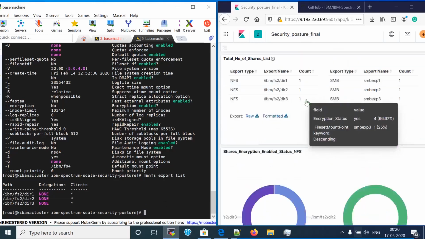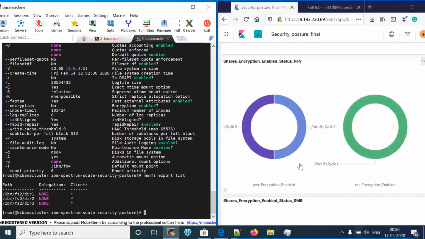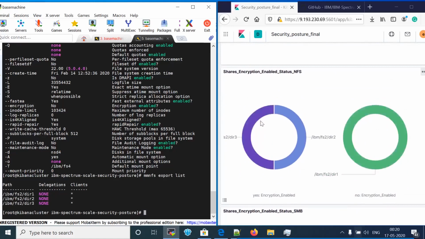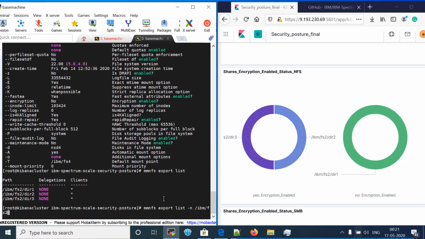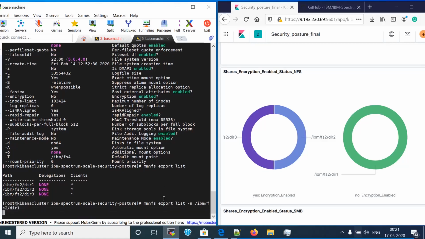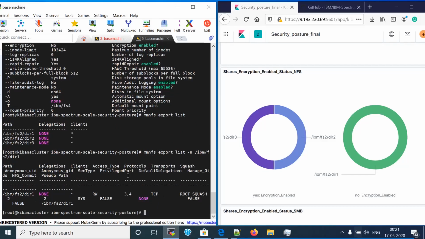Here we can see the encryption is enabled in two NFS types and it is not enabled in one NFS type. So we can see it on the Kibana dashboard, but if we need to see it using the command, we can type. So as we can see here,